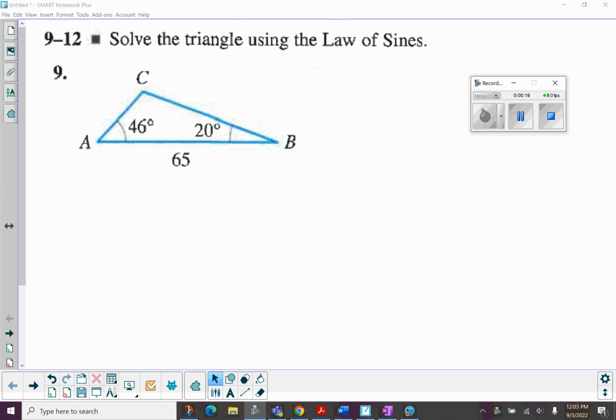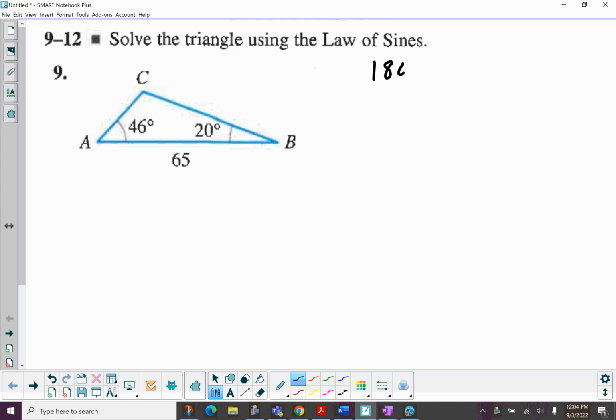So for number 9, it just says solve the triangle. That means we're going to find all of the missing measurements. They've given us two angles, they've given us the length of one side. We should be able to find the other three pieces of information, starting with, rather simply,